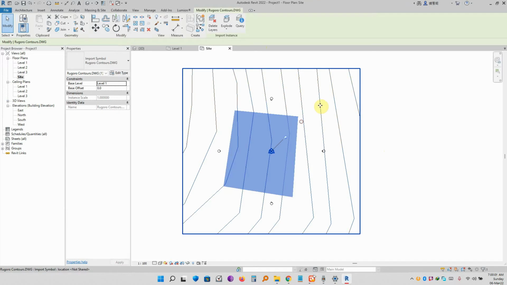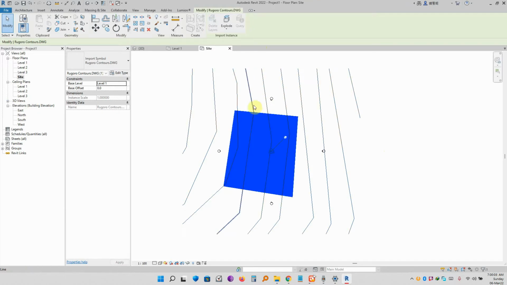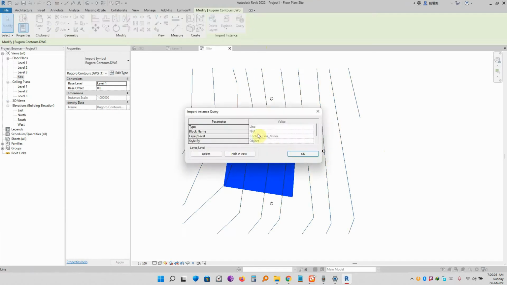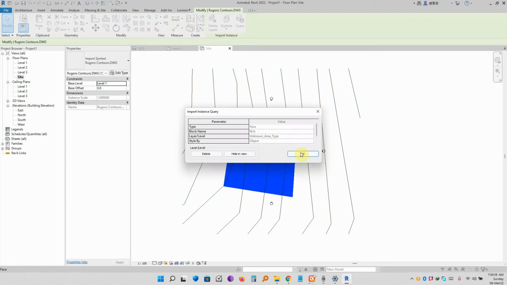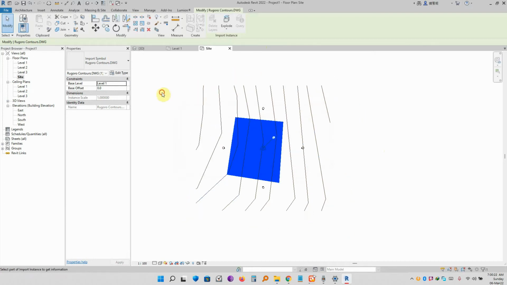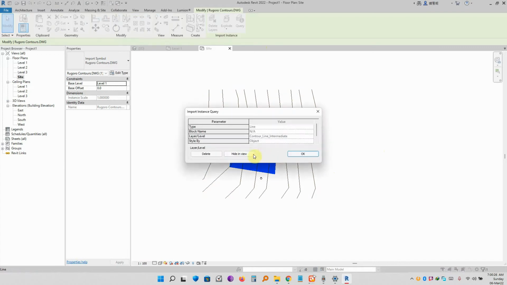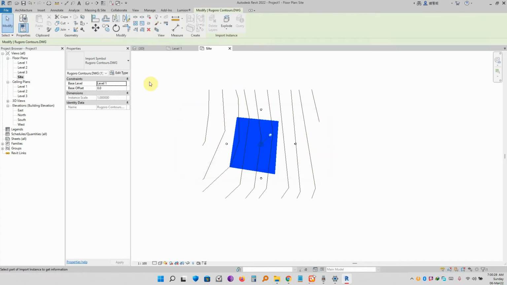You click on the site, go to the query, you click on the line. You can see that the layer or the level is called contour line minor. The same here, unknown area type. So they show you what this CAD file means, but then this is what it is. This is enough. Press escape,